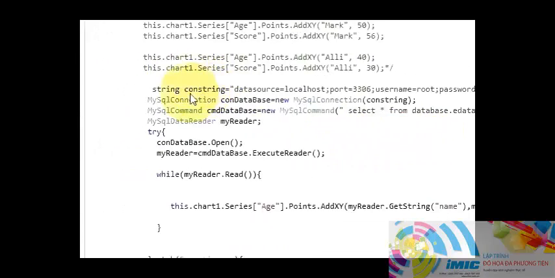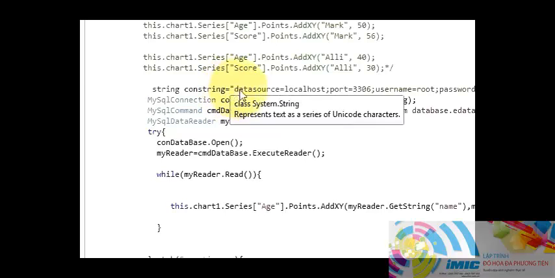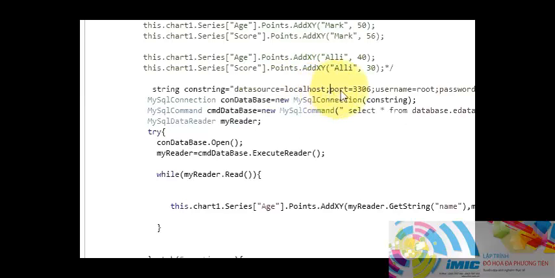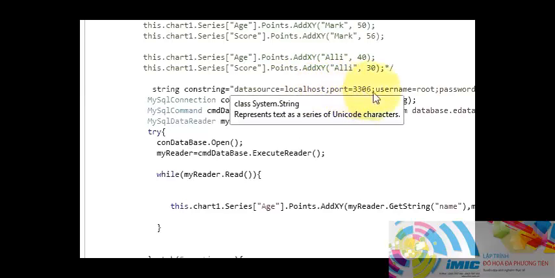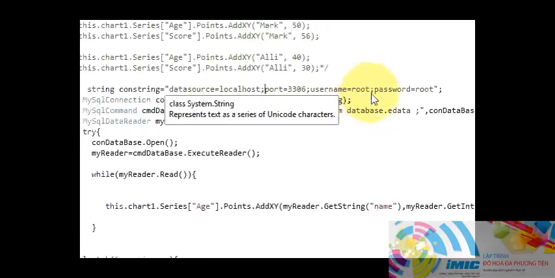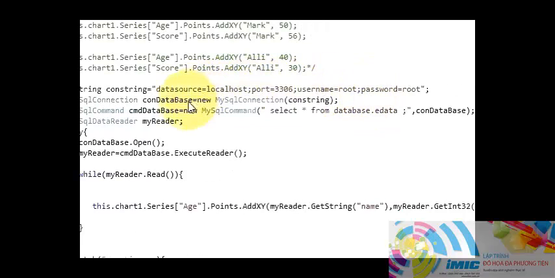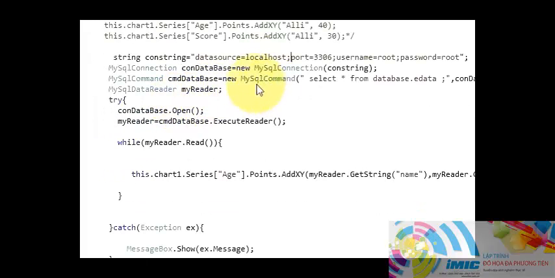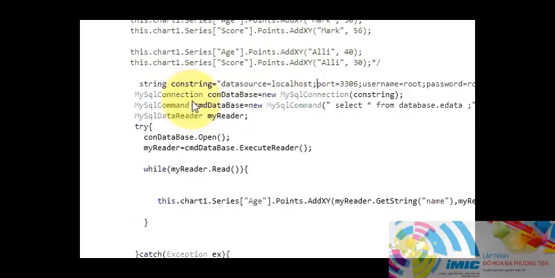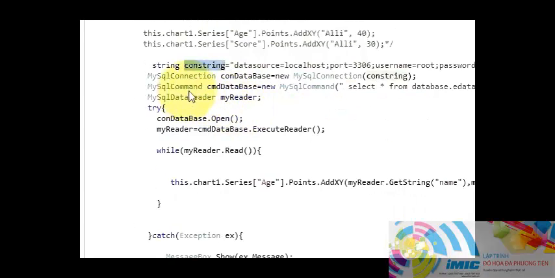So the first line is the connection with the database. Write string constring is equal to double quote data source is equal to localhost, then semicolon port is equal to 3306, username and password. I have shown you this multiple times, so this time you know what this is. Then write MySQL connection con database is equal to new MySQL connection and pass this string variable, and then write MySQL command